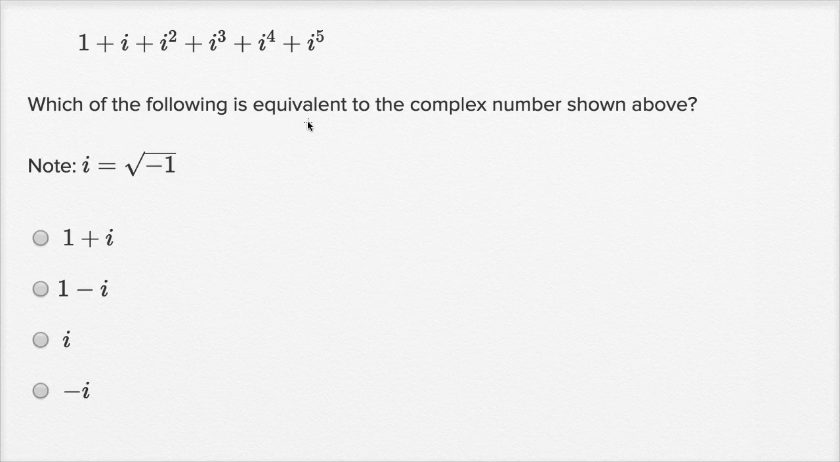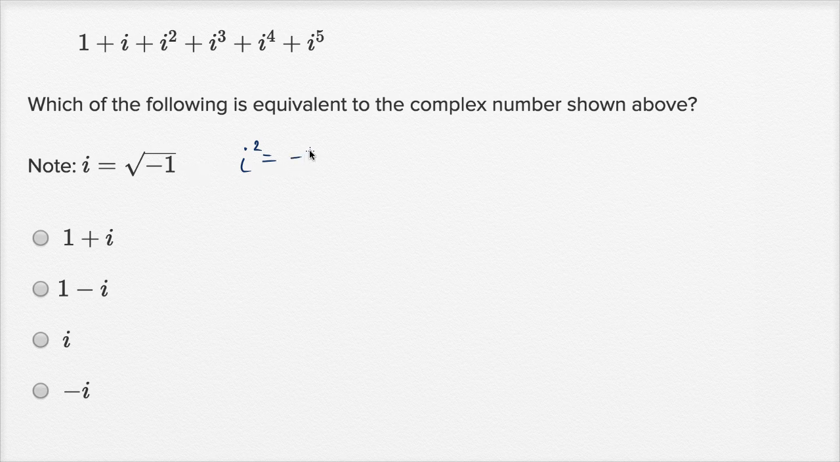Which of the following is equivalent to the complex number shown above? We have 1 plus i squared plus i to the third plus i to the fourth plus i to the fifth. And they remind us, note, i is equal to the square root of negative 1. And if i is equal to the square root of negative 1, that of course means that i squared is